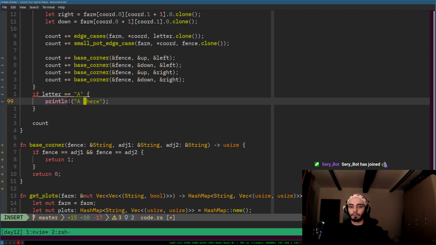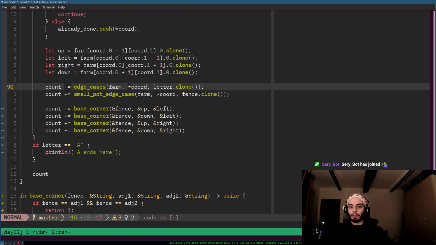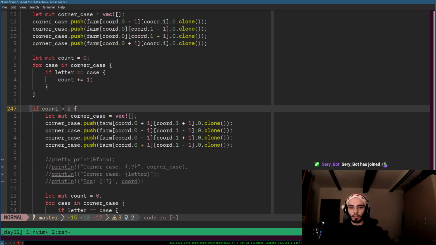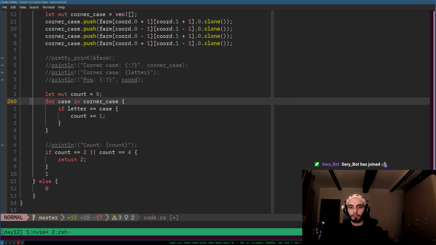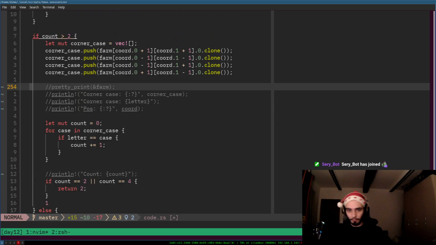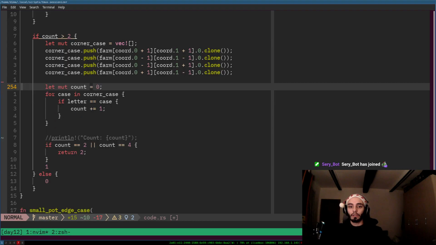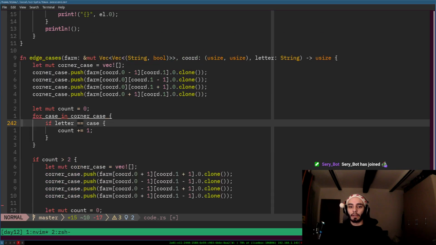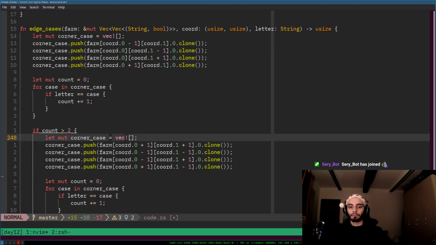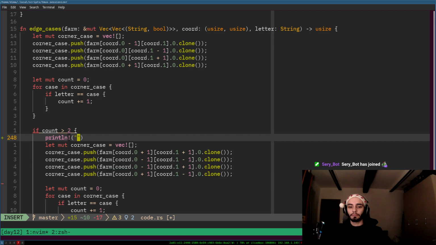A ends here. Now we can easily just say out and print the coordinate for everything. Well, easily would not probably be the correct term that I would use, but something. I would print out, so it would be a print